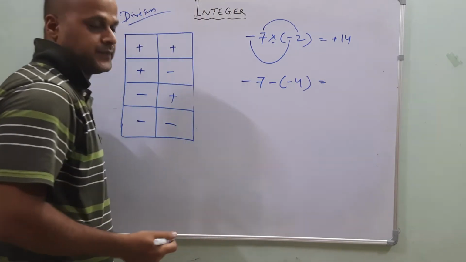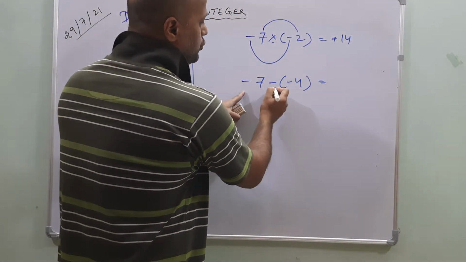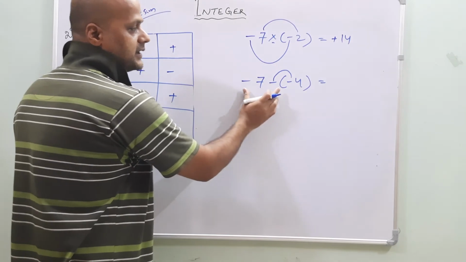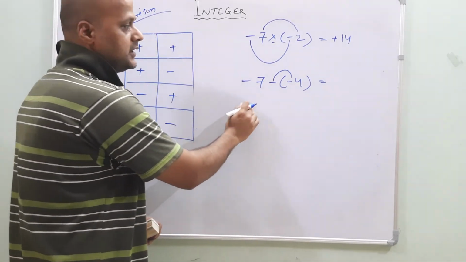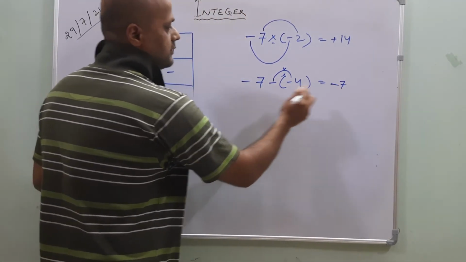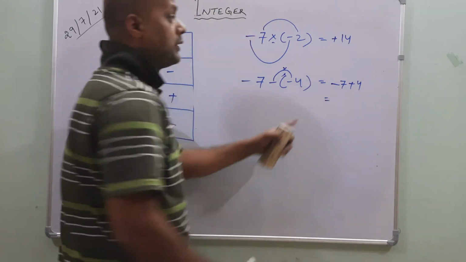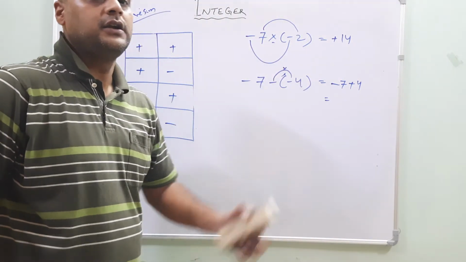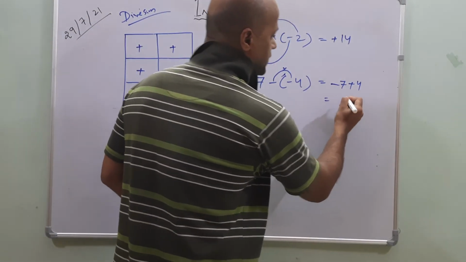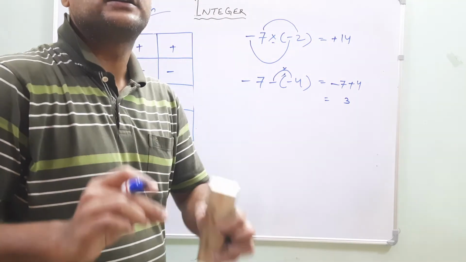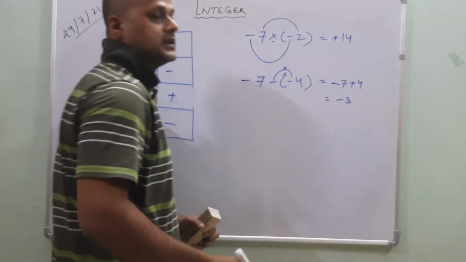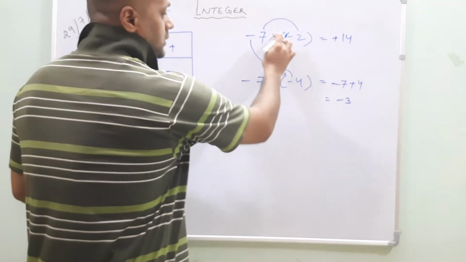Okay? Minus 7 minus of minus 4. If it is like this, so what will happen? You have to do what? First, you have to remember that these two integers are having negative sign and they are subtracted from each other. Okay? So first open the bracket because it is multiplied, and the remaining will be as it is: minus 7 plus 4. Now here 1 minus, 1 plus is there. What will we do? Our addition rule is there. What is that? Subtract the numbers, 7 minus 4, 3, and put the symbol of the greatest value. Which one is greatest? 7. What is the sign of the greatest number? Minus 3. Understood?